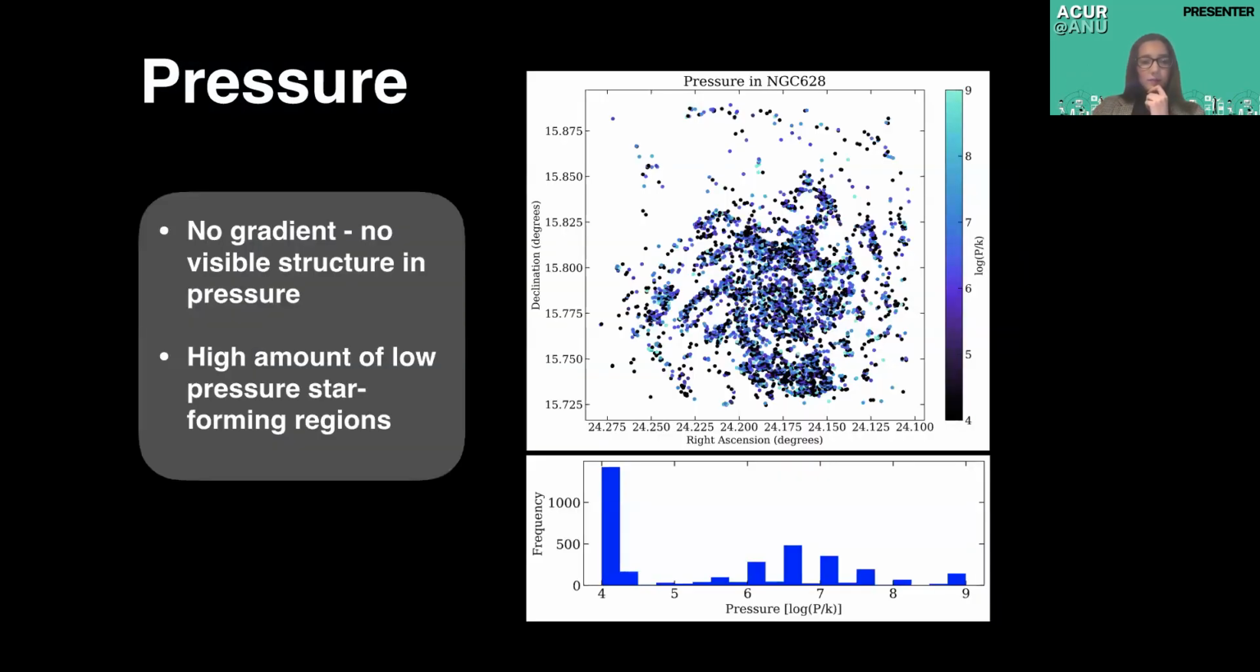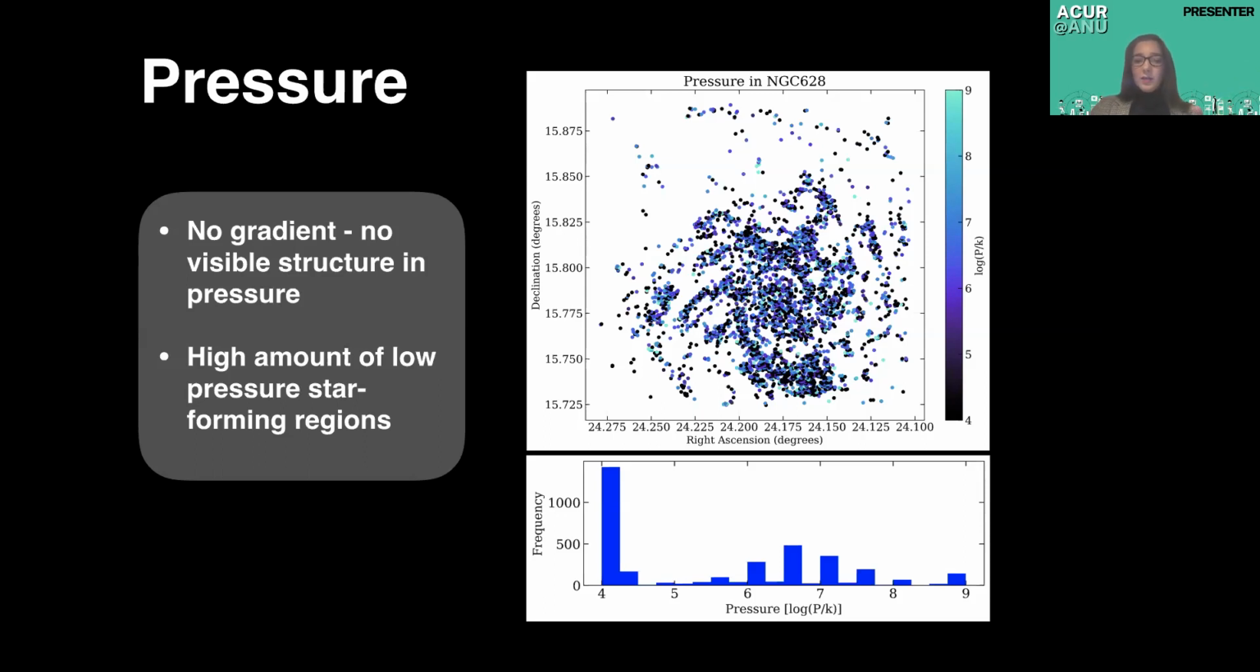So in this slide, I show my results for pressure throughout the H2 regions, where each data point corresponds to an H2 region as before, and they are color-coded by pressure. And below is a histogram showing the frequency of H2 regions in particular pressure bins. What my results show is that firstly, unlike oxygen abundance, there is no clear gradient in pressure throughout the galaxy. And secondly, in the histogram, we see a very high amount of H2 regions having a very low